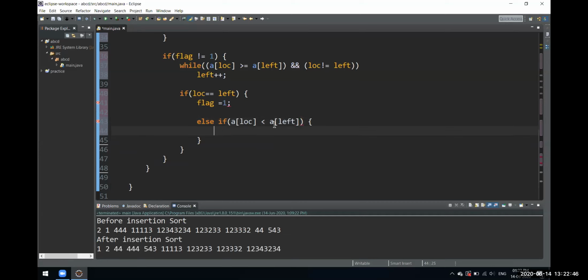So this is just the last else if. Don't worry about this, don't get confused. Just remove this. Inside this else if we will do the swapping thing again. Swapping we'll do inside this. Temp is equal to a.